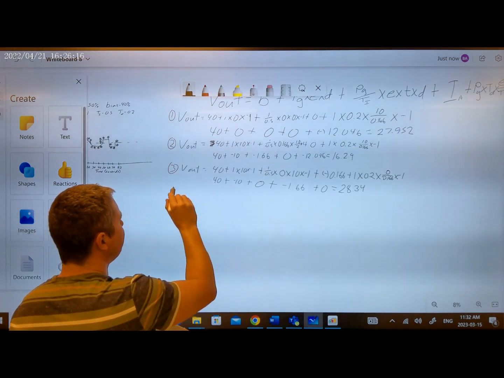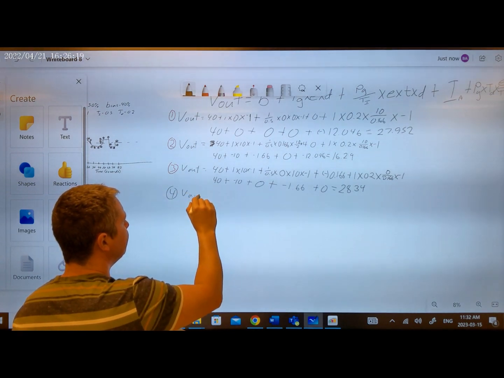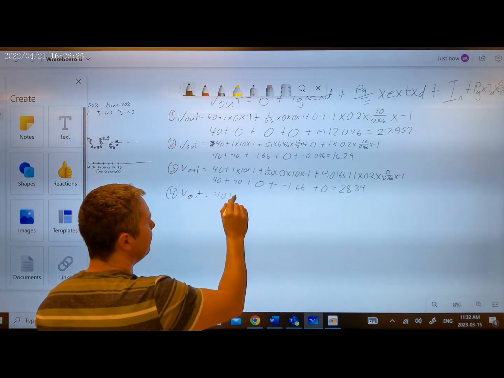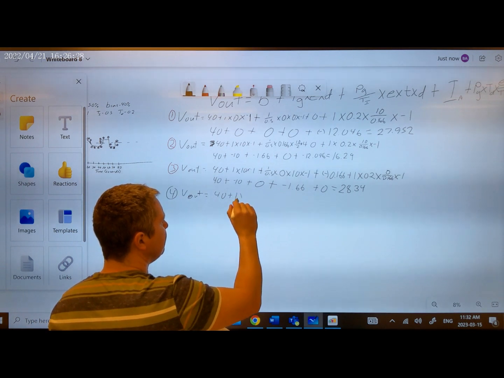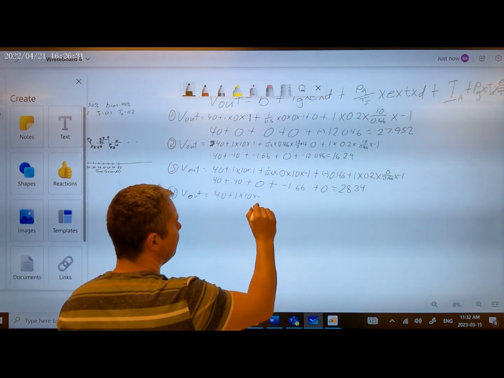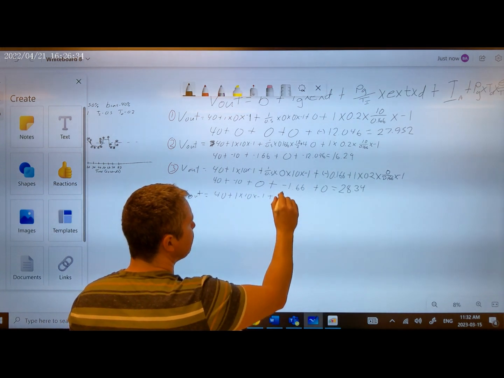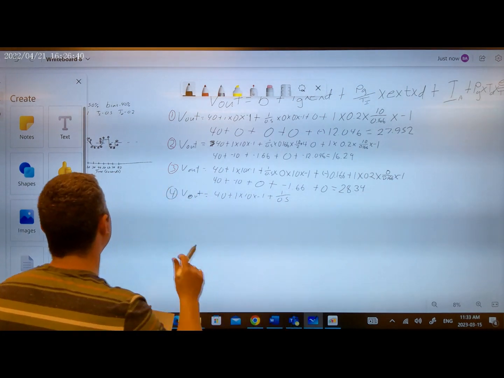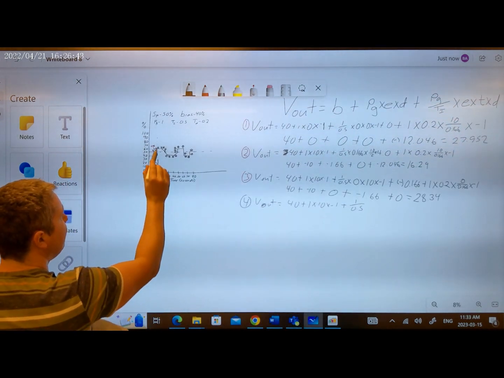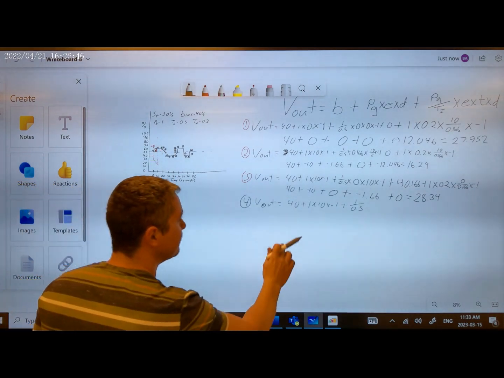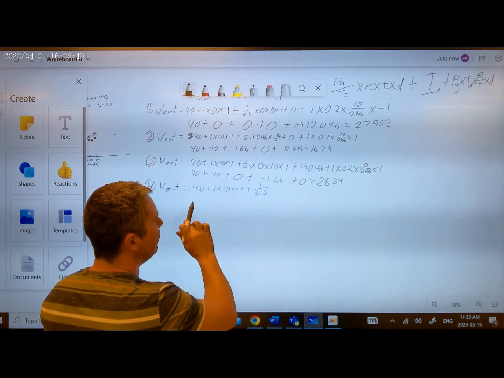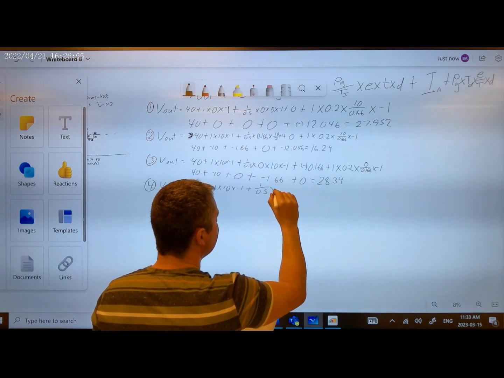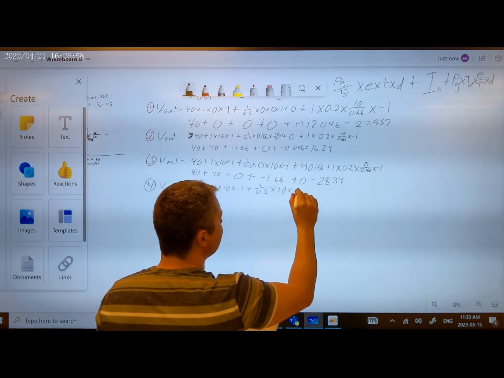So at position 4, we've gone along the plane. So V out equals 40, our bias, plus we are still at a 10 error, a positive 10 error, times the direction of minus 1, plus 1 over 0.5. Now, how long have we been on this plane for? We've been on it for 10 seconds. So we times our error of 10 and we times that by our time, which is